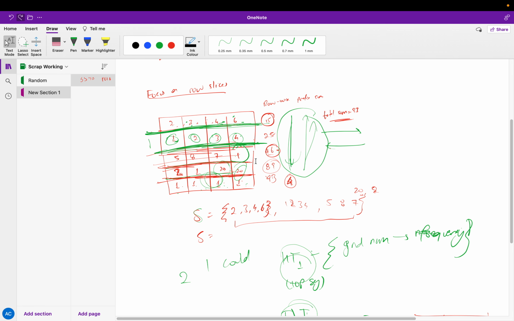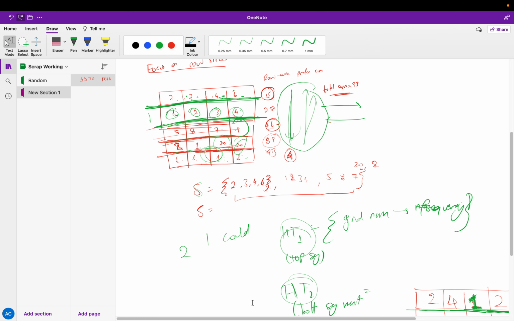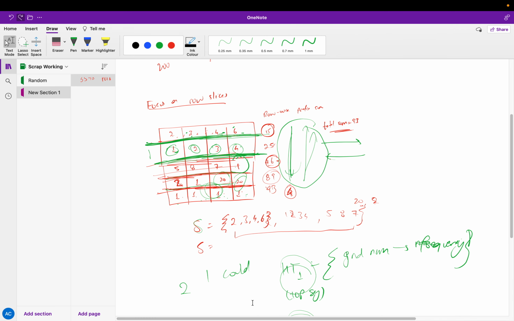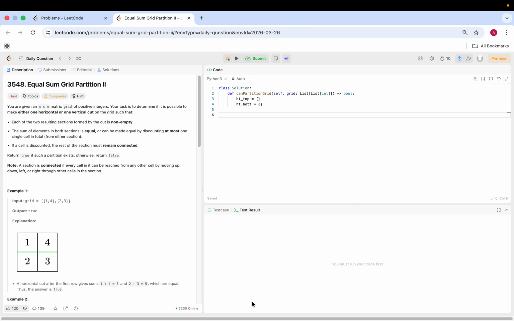So I don't need sets, I need hash tables. We're doing something like this. How do I want to do this? I think what I'll do is initialize ht bottom, so numRows equals the length of grid, and numCols equals the length of grid at 0. Wait, what am I doing? How many times have I typed this exact line last month? There you go. So I think what I'll do is I'll say for